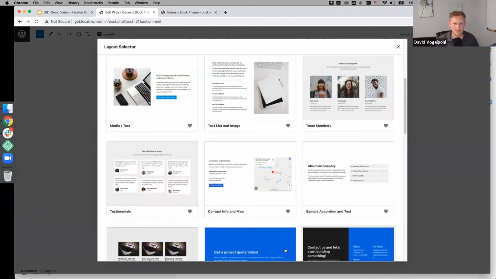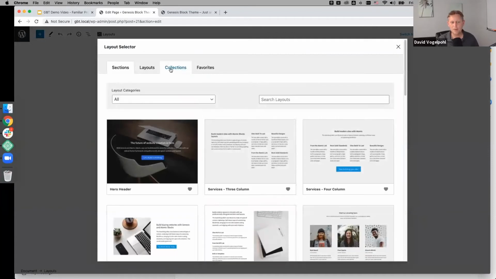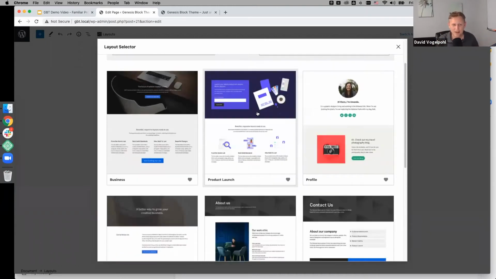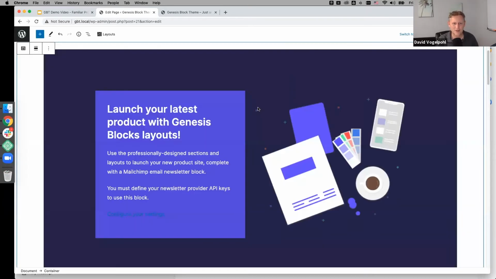So of course, there's all kinds of different parts of a website that I can drop in as I'm building my page or building out my site. And then the other thing that I can choose from is something called layouts. So if a section is a part of a page and a block is like one element within a page, a layout is a whole page of demo content. And this is great. This is one of my favorite ones, the product launch one,